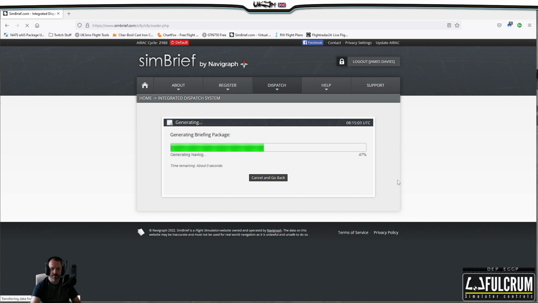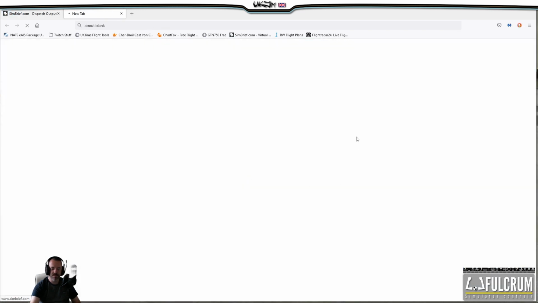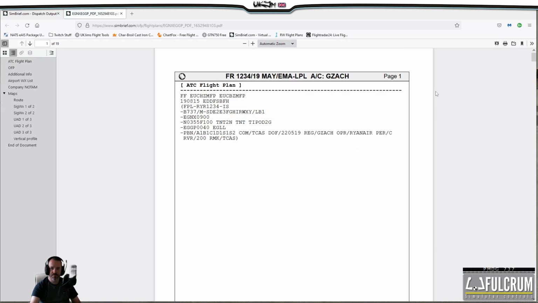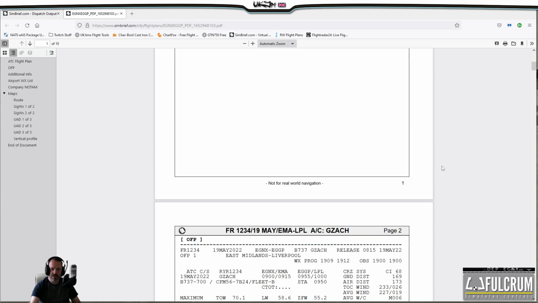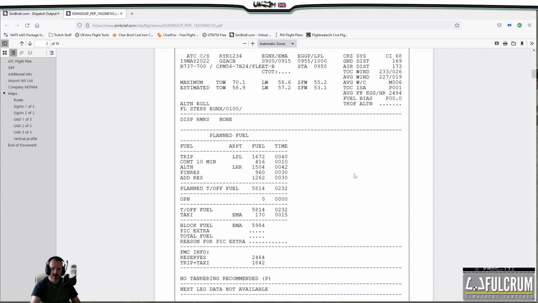And that'll give you a nice little summary of what the flight looks like here, but what we like is the PDF, right? And in here, if we just scroll down to the next page, it gives you all the information that you need. It's got like takeoff winds, it's got your estimated takeoff weight, landing weight, zero fuel weight, then it's got